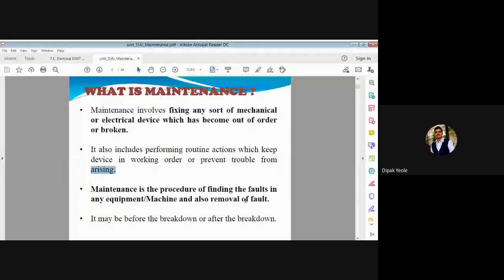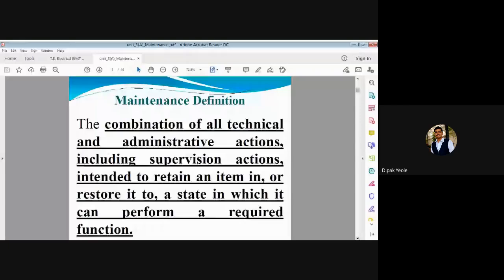And to make that machine working condition. So that is called maintenance. It means before or after the breakdown. So this is the hint of having the types of maintenance. Yes. Now we'll go ahead. Next part is related to the maintenance definition. So this is the IEEE definition, and I already told you that the Institute of Electrical and Electronics Engineers has made this